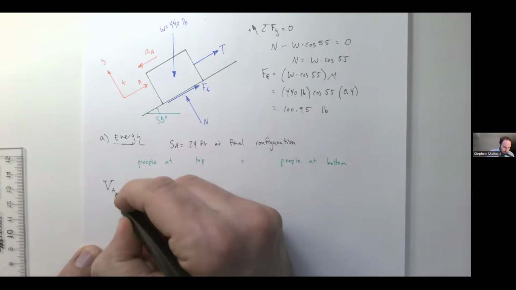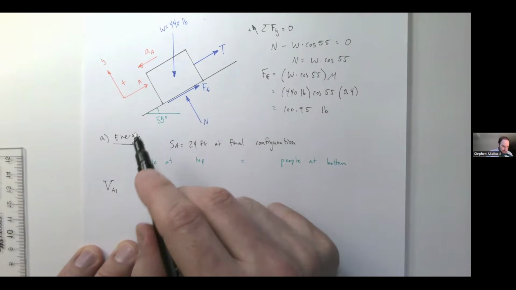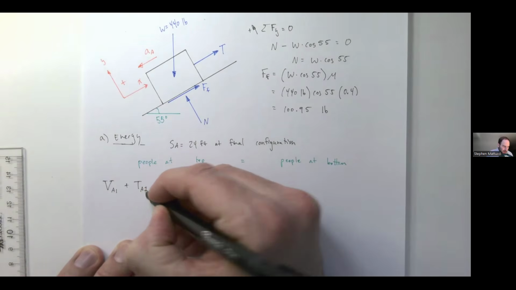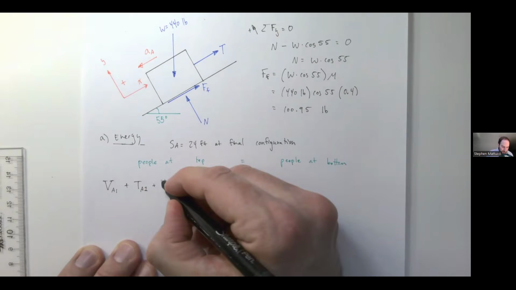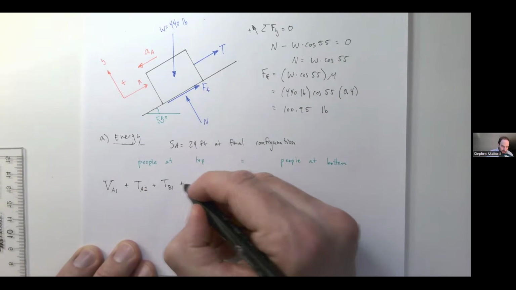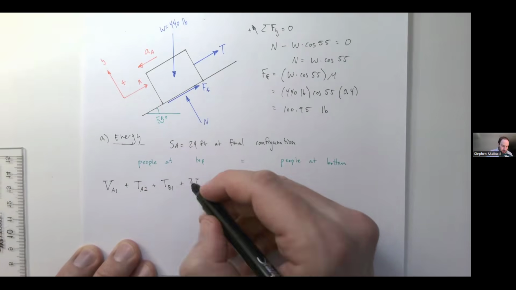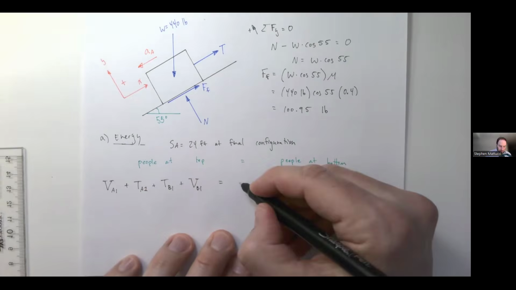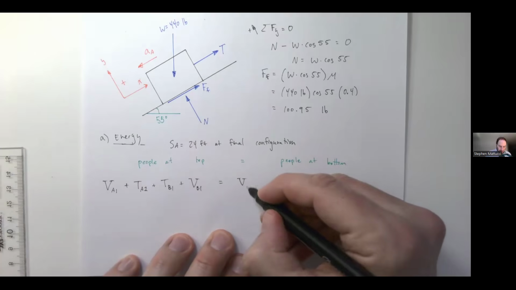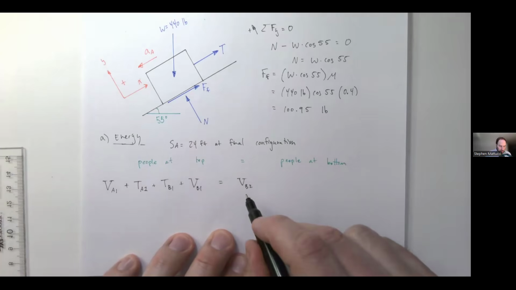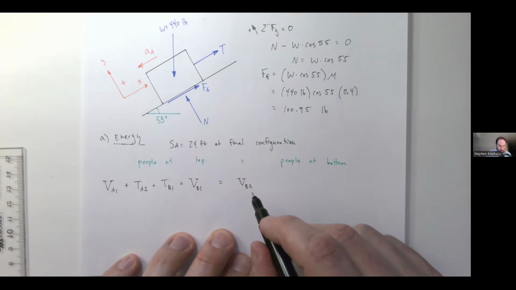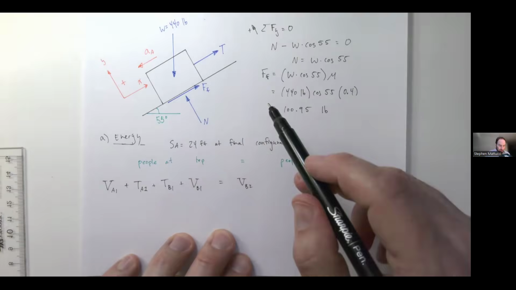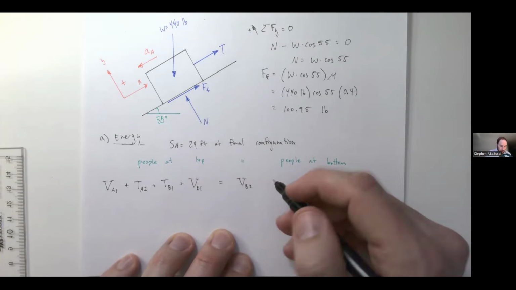So we have our potential energy of A at 1. We have our kinetic energy A at 1. We have our kinetic energy E at 1 plus our potential energy E at 1. This is going to be equal to our potential energy B. And so at the bottom here, we're not going to have any energy in A. We can recognize that right away, but we're going to have some potential energy when our bones get lifted up,